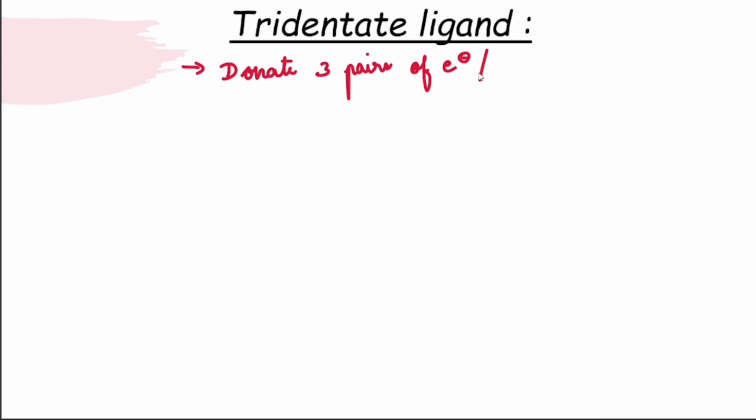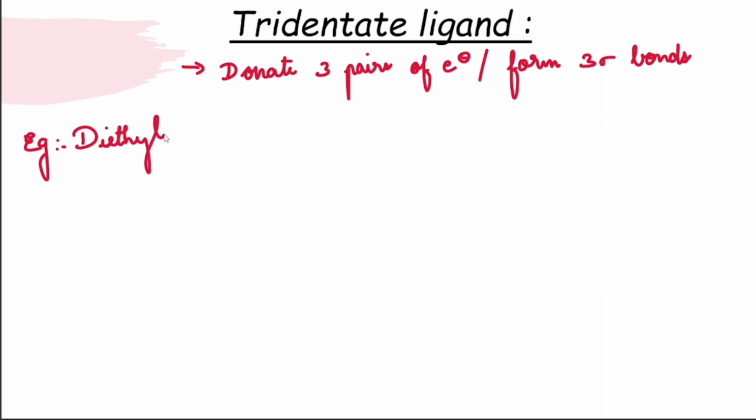Or they form three sigma bonds. Okay, now let's see some examples for the tridentate ligand. Example is diethylenetriamine. So the structure for this will be,